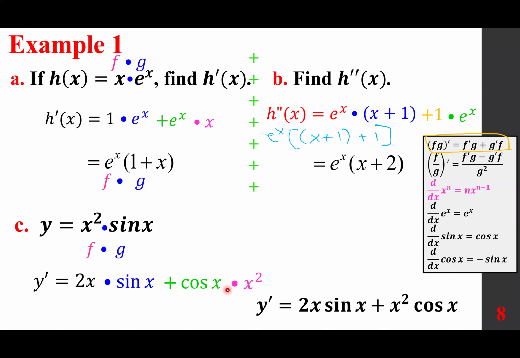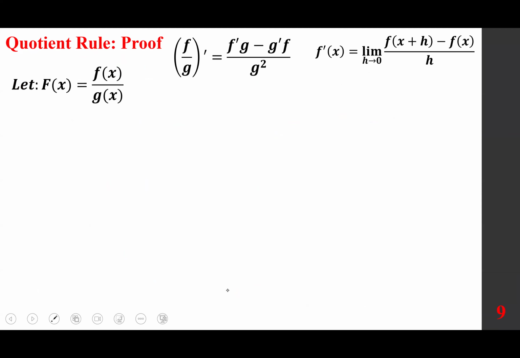Now we want to go to the quotient rule. So let's quickly look at the proof of that. So a couple of things. Number one, f over g prime, the shorthand notation is f prime g minus g prime f over g squared. The function that we want to differentiate is f of x over g of x. And we are going to go with the